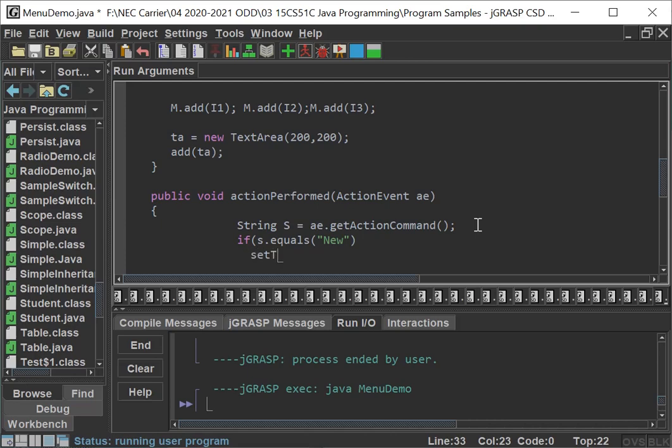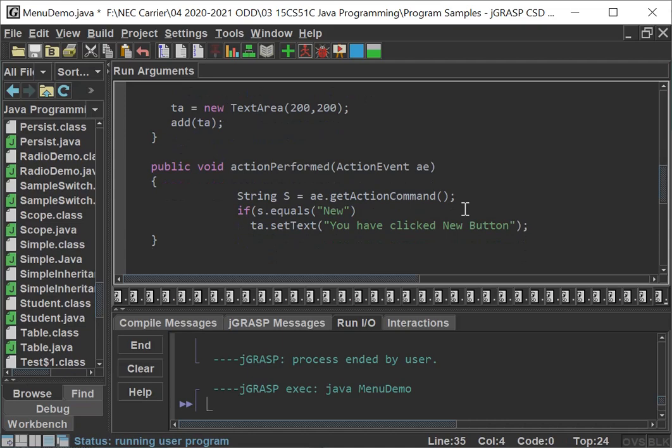Within setText, I give "you have clicked new button". In which area the text has to be placed, I have to put this text value in the text area. For that, I just call the reference variable TA, so that it will be displayed in TA.